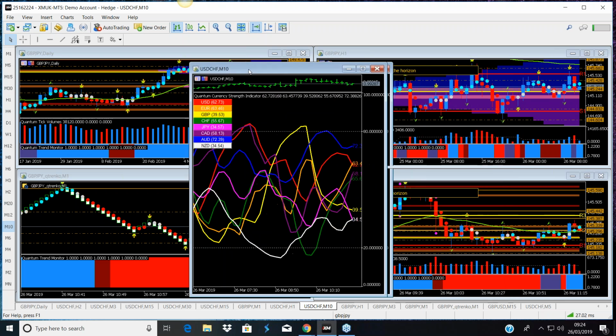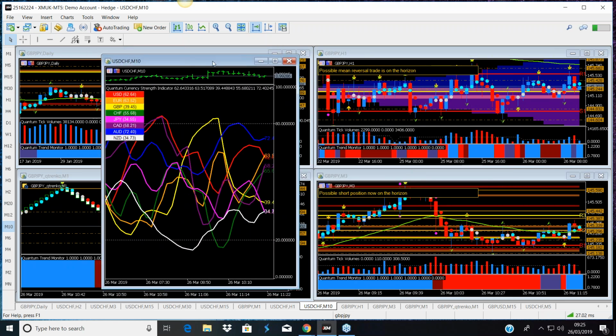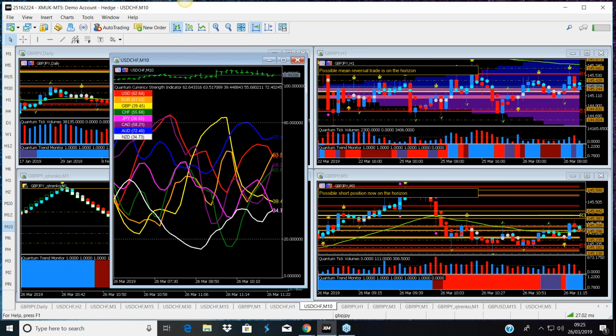Sometimes that is enough to grab some pips out of it. If it's strong, fine. But just be aware of the fact, and it's just another aspect of the CSI, it just highlights these things for you. It tells you why that trend is a little bit sluggish, a little bit slow, because you're not seeing it driven asymmetrically rather than between both sides of the pair.